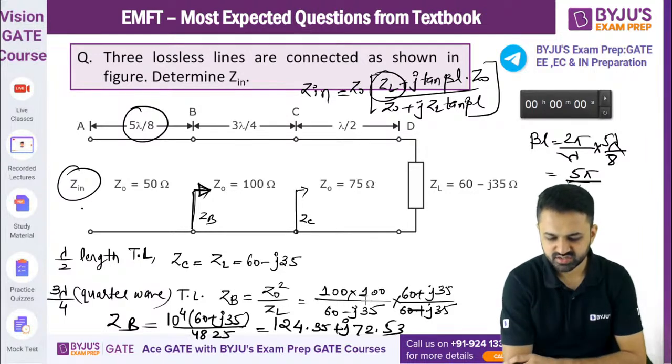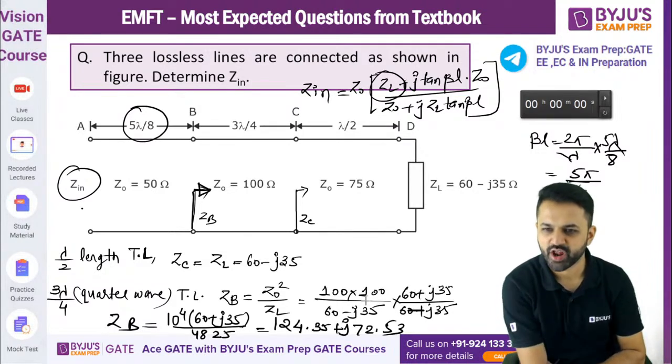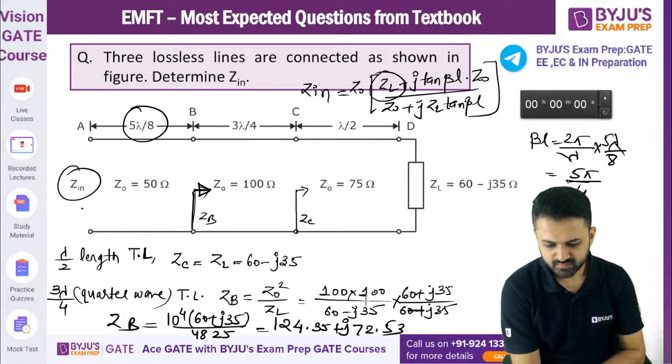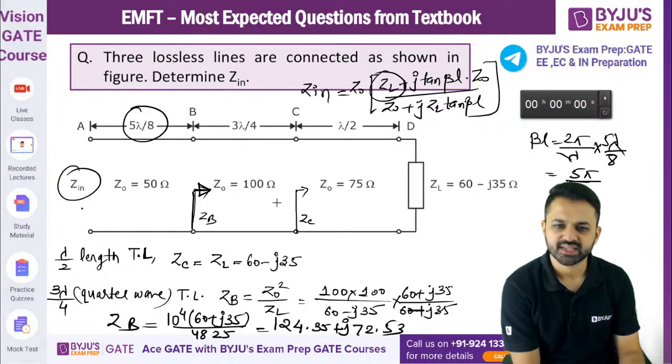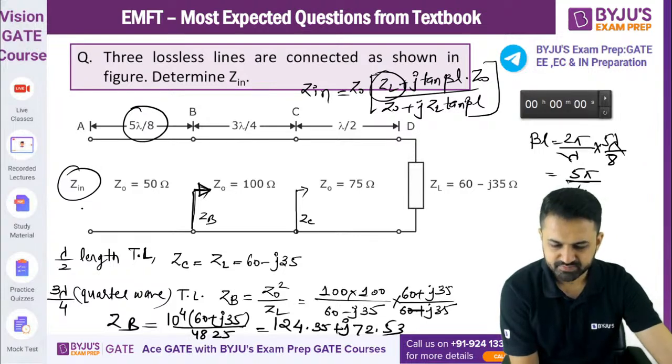चेक करो आयुष, बीटा L कैसे आएगा? यहाँ पे 5 लैम्डा, 5 पाई बाय 4 है, 5 लैम्डा बाय 8 है। ठीक है, तो इसमें सब्स्टिट्यूट कर लेंगे, फिर आपका आंसर आ जाएगा, और फाइनल आंसर आना चाहिए आपके पास 5 प्लस 5 बाय 4।